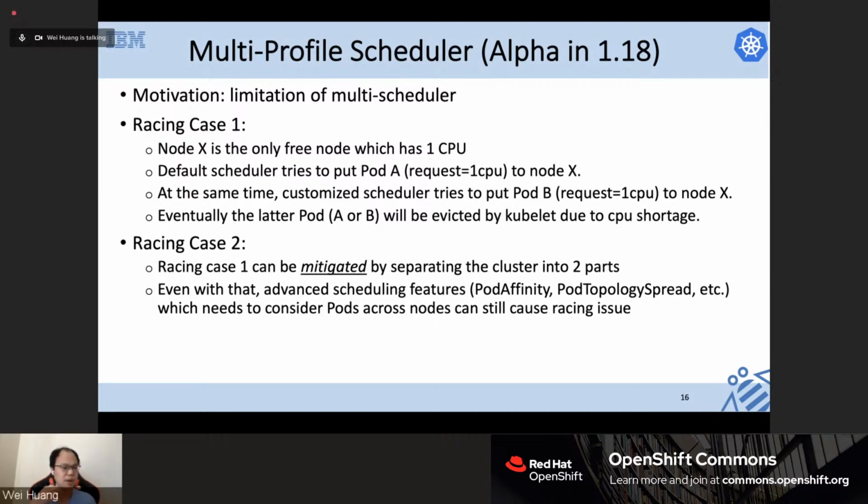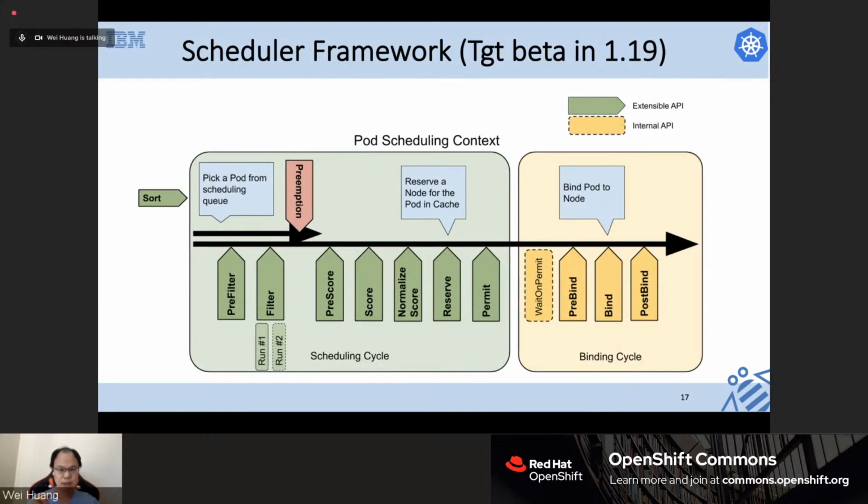For example, some advanced scheduling features like pod affinity and pod topology spread don't just use a single node to make decisions. They have to look at the whole cluster, at the inter-pod and inter-node connections, to make the right decisions. So in that case, this can also cause racing issues. So how can we resolve this limitation? The proposal we came up with is using a